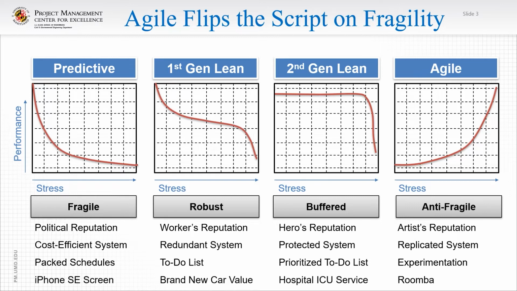If you have many replicated, slightly variant options, you can then pick which one performs the best, and that will work for you. In terms of our time management, experimentation actually has this same kind of performance curve. As we experiment, we learn, and as we learn, we now get better over time. So instead of just having a list of to-dos that are prioritized, we should run some experiments and get better at what we do. And then a system that actually performs this way is Roomba.